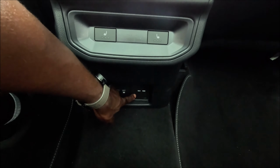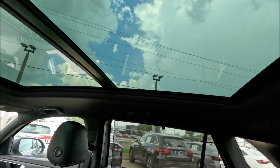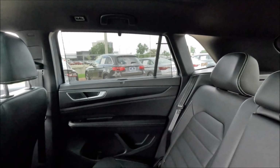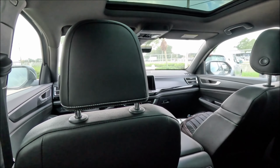All right, we have 115 volt right there. And then 2 USB-C plugins. And then a big panel roof to let in all this natural lighting. This is a lot of car when it comes to storage and space. I can't say that enough here. I am loving the view inside of this Atlas Cross Sport. But let's